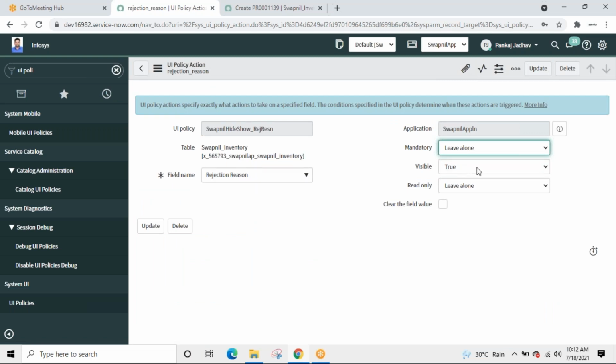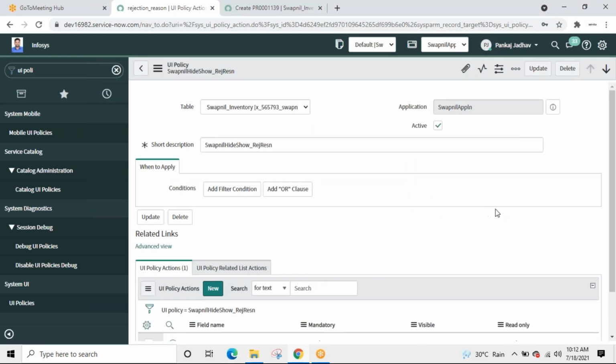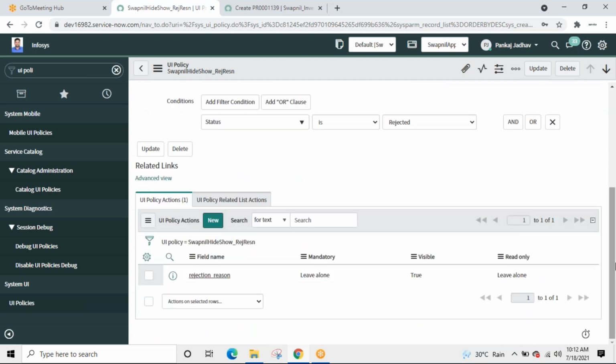Rejection reason visibility true when the status field is rejected. Okay. Go back. What else? Nothing, right?